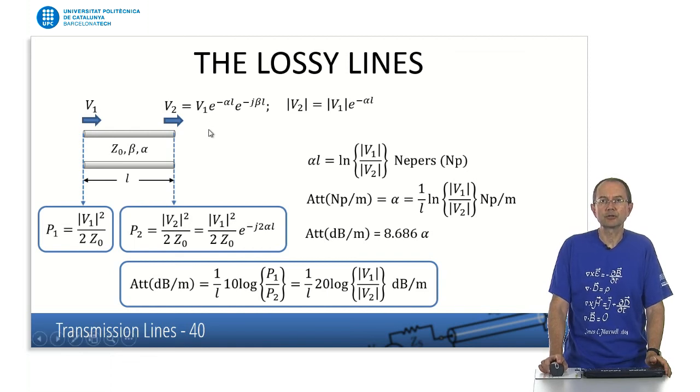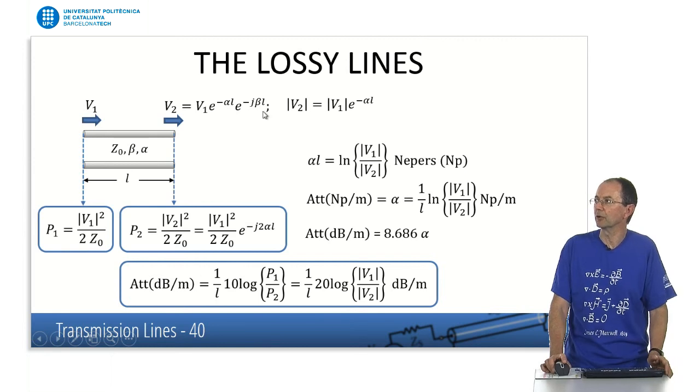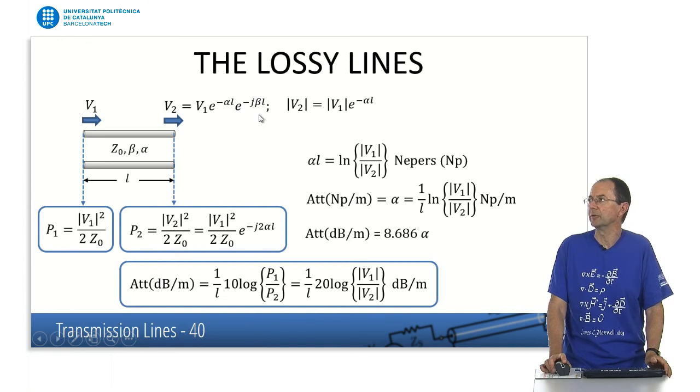Actually, losses either in the conductors or the dielectric or all together result in a propagation constant which, instead of being a pure imaginary number, has a real part. It becomes a complex parameter. And the real part of this parameter, which is this alpha parameter here, actually models the attenuation of the line. And you see here the phase which is actually lost by the wave when propagating along the line is described by this beta parameter. We have been using this parameter in our previous calculations, but then if we have to include the losses, we have to include this